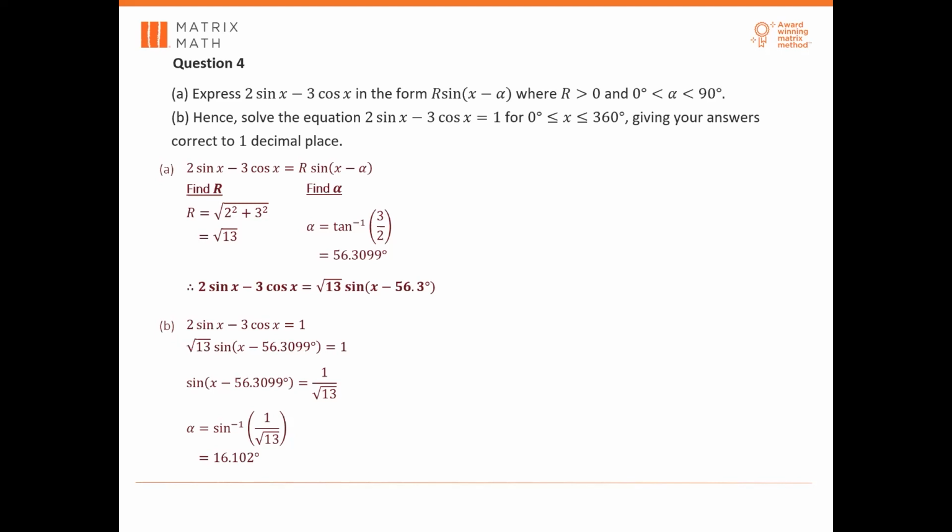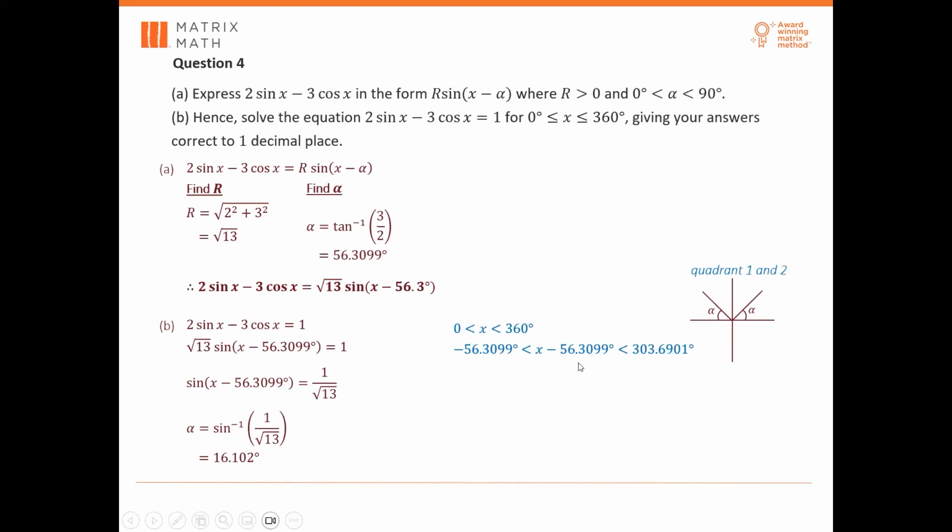Okay, so that is the base angle. Now we're going to change the range. So you change the range, make sure in the middle will be x minus 56.3099. So this is a new range. So once you have a new range, look at your